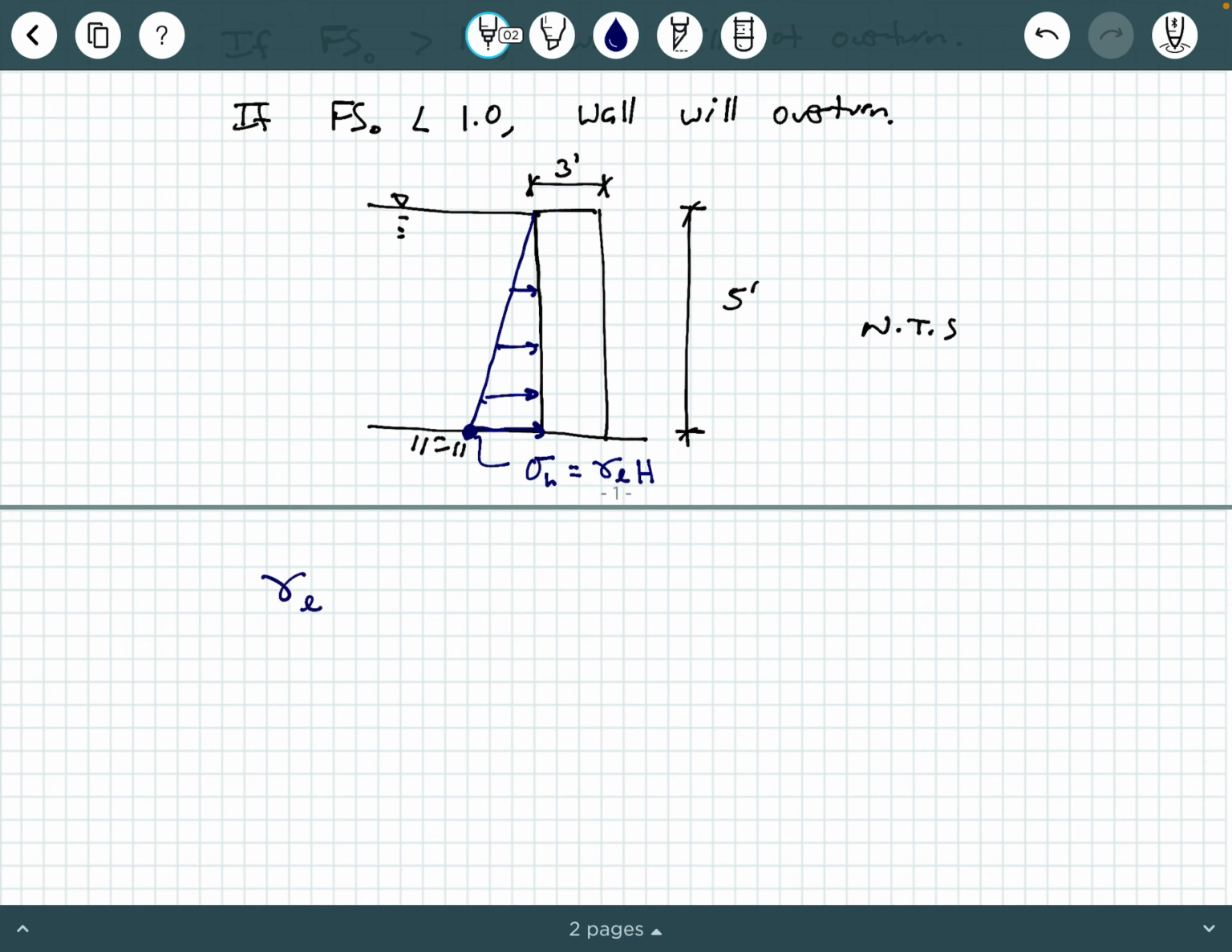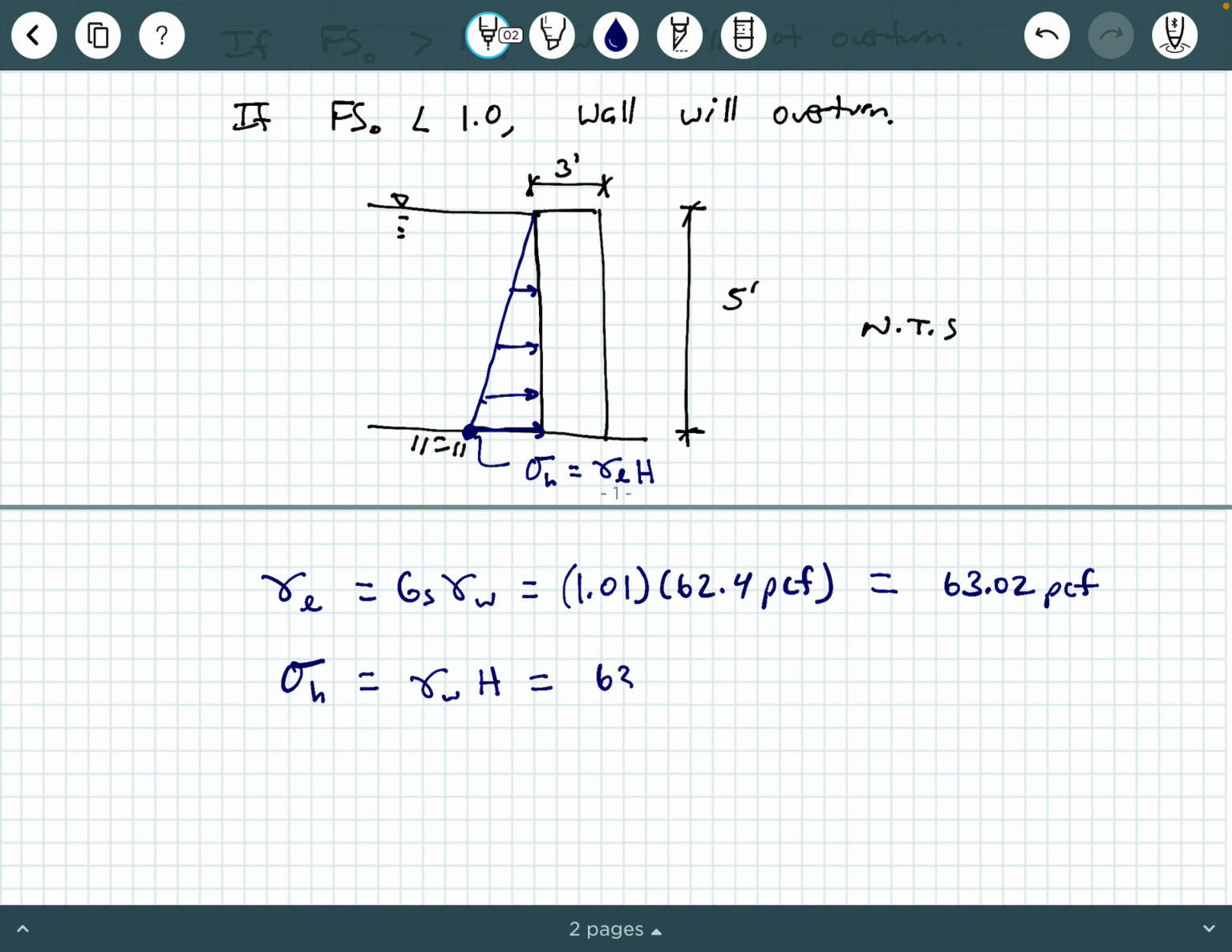The unit weight of our liquid is going to be the specific gravity of the liquid times the unit weight of water. So that's going to be 1.01 times 62.4 pounds per cubic foot, or in other words, PCF, okay? So we're going to calculate that 1.01 times 62.4. That's going to give us 63.02 PCF. And then we can calculate our hydrostatic pressure at the base of the wall as that unit weight of the liquid times the total height. So that's going to be 63.02 PCF times 5 feet, which we calculate as 315.1